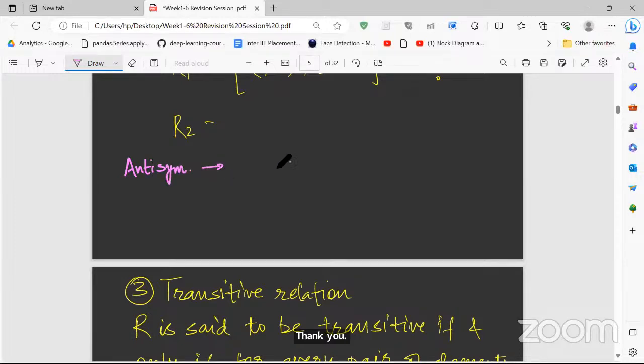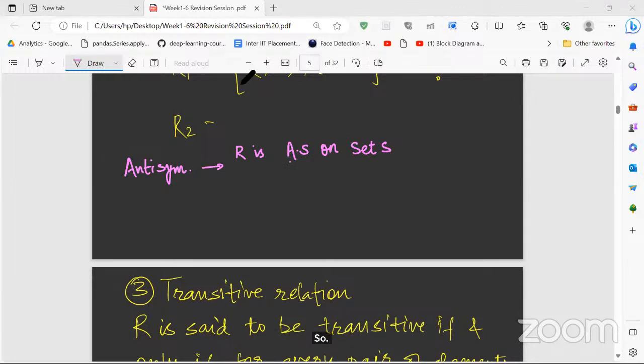What is anti-symmetric? Can somebody explain? A relation R is said to be anti-symmetric for which condition? On set S, we are saying R is anti-symmetric if a comma b belongs to R and